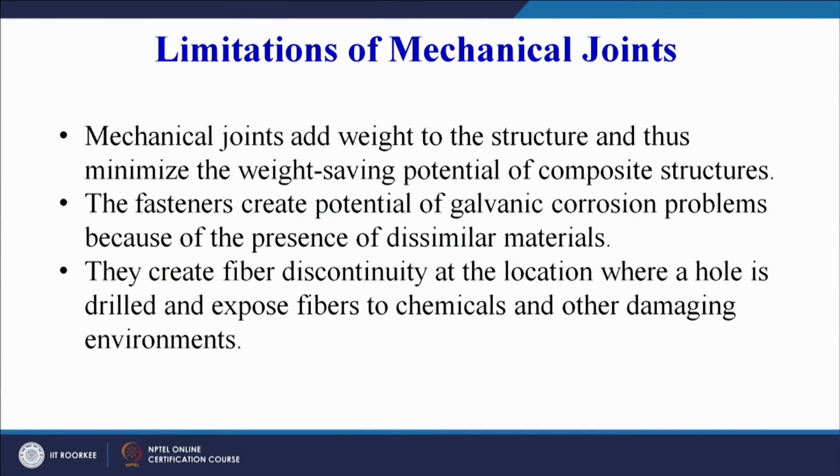material. So, with different materials, there are chances of galvanic corrosion, and if at some time a liquid or an oil is added in between the fastener and the bulk material, there are chances that chemical reactions may happen and the material may start degrading. So, the chances of galvanic corrosion are also high when we use multi materials for fastening the joints. They create fiber discontinuity at the location where a hole is drilled and expose fibers to chemicals and other damaging environments. So, this is also one of the limitations, as we can see that when we are using the structure, oils or chemicals may seep in at a location where we have a fastener and our composite product